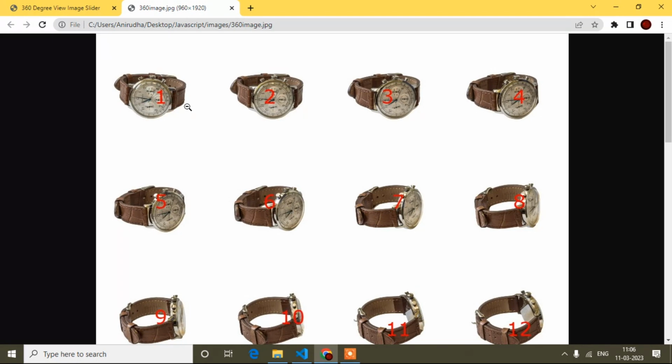Now, I said initially we have to display the first image, but how can I do that? It is very simple. First you have to know the image width, the total image width from here to here. How many images are displaying across? 1, 2, 3, 4. So total image width divided by 4 gives one image width.